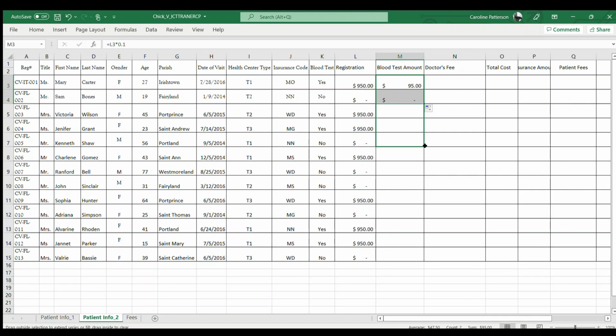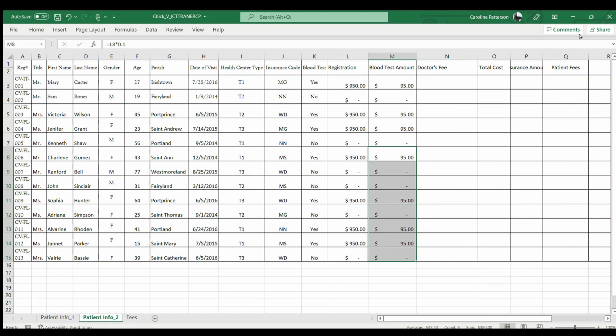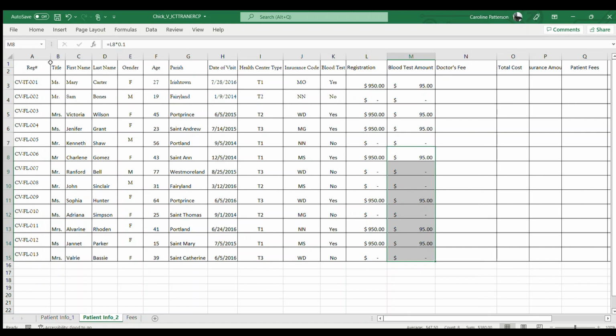And as usual, you copy the formula down, and every time the row changes, the cells in the formula will also change. You notice you're copying the cells down, and that will give you the amount that is going to be charged for handling because the person actually did a blood test. And I'm going to pause here to make sure that my sheet is very much formatted. So I'm going to double click the columns so that they are wide enough to show all the information. So I'm going to drag the registration number across, and I'm going to make sure that I can see all the data in all the